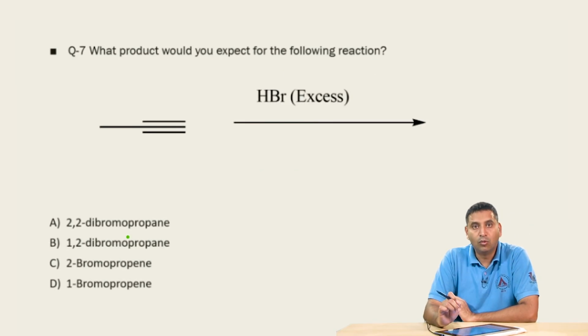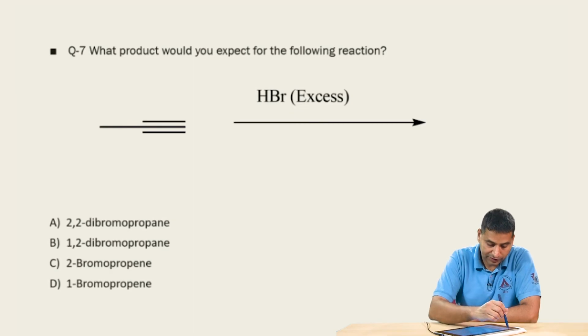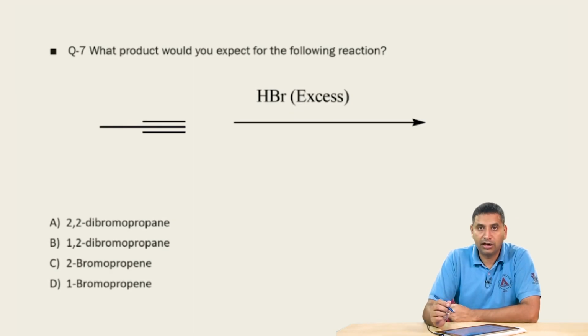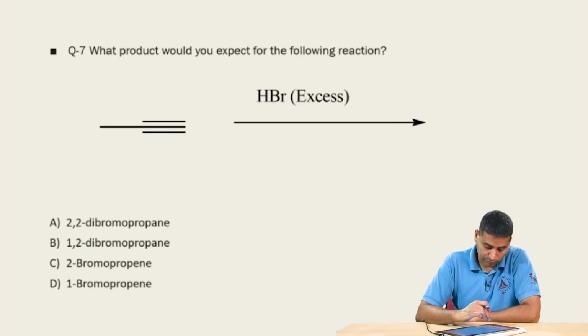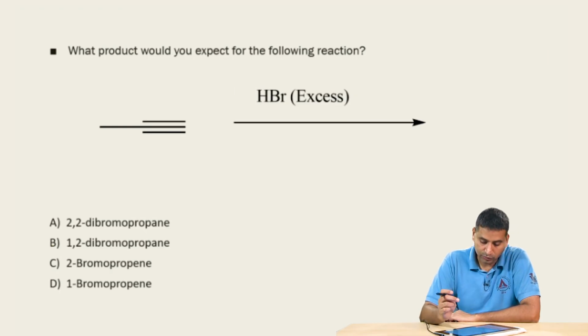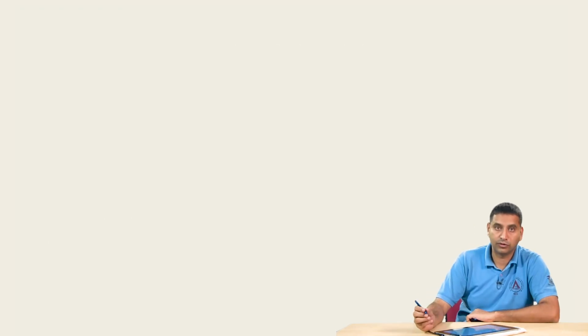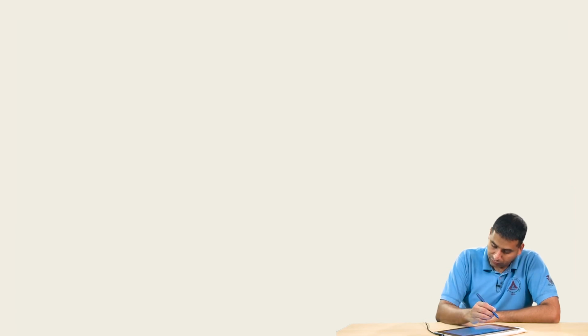Next question, what product would you expect from the following reaction? You have a terminal alkyne which is reacting with HBr and it is going to give you 4 possible products. So, before we go ahead, let us look at the proposed mechanism for this reaction. So, if you have a terminal alkyne